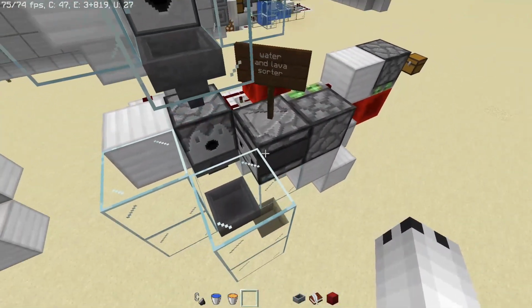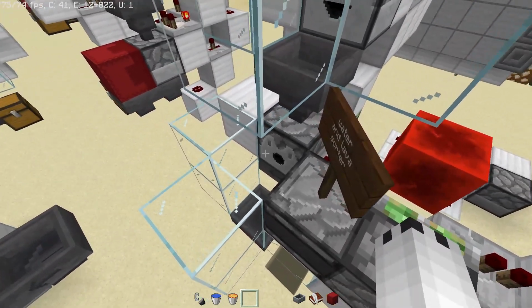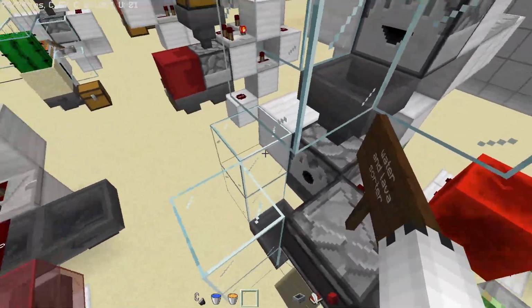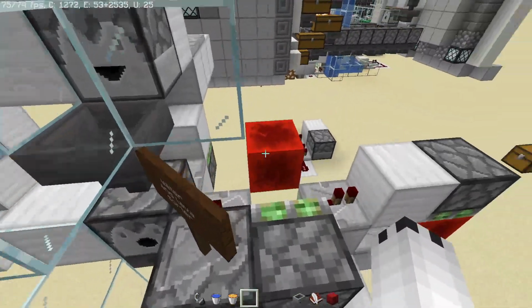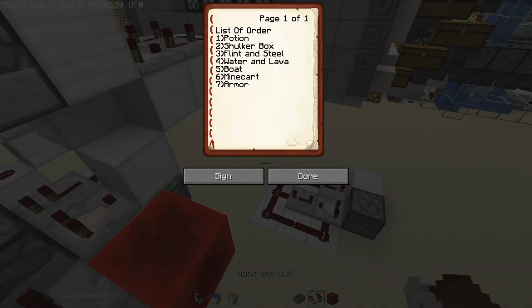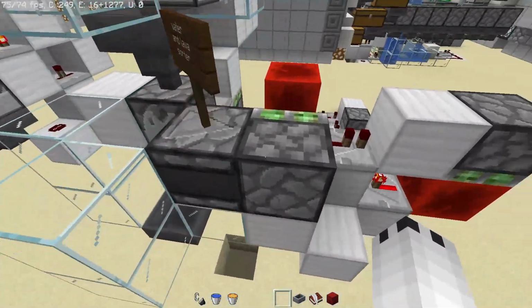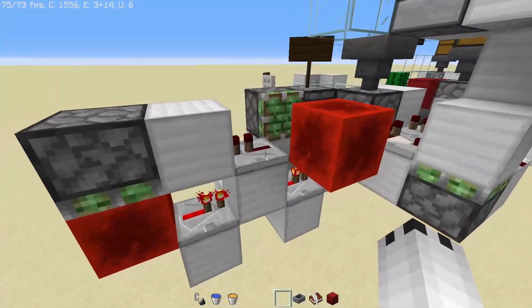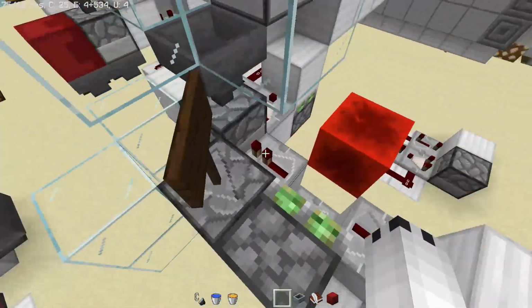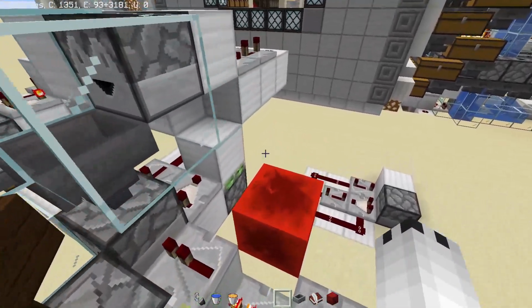Use an observer to detect the lava and water when it's shot out, because that's the only way. Actually, shulker boxes will break this one too. Yeah. So make sure those are sorted out too. That's why we have it before this one on our list right here. But what will happen is when it's detected, it will pull this redstone block back. It will push this redstone block down, unlocking this hopper, and very quickly it will be pulled back